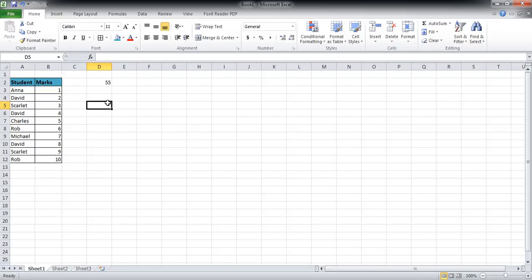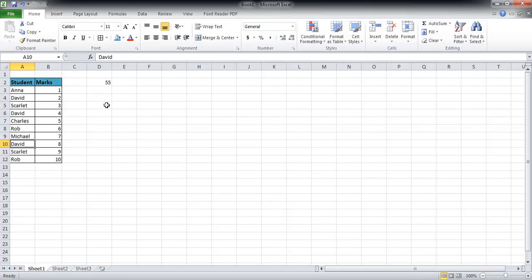What if in a table there are values which we want to skip and some values which we want to add? As in this example, we have a table of the marks obtained by different students of a class over different semesters. As you can see, for the student named David, there are multiple entries over different semesters. Now what if out of this table I just wanted to add up the marks obtained by David? Excel provides us a function called the SUMIF function to help us with things like this.